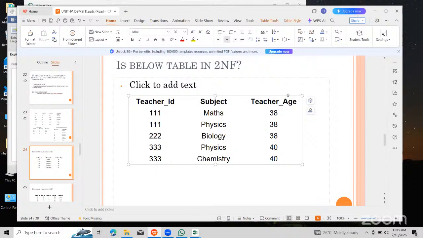This is 1NF, right? Yes or no? Now we'll decompose into 2 tables. One table is,